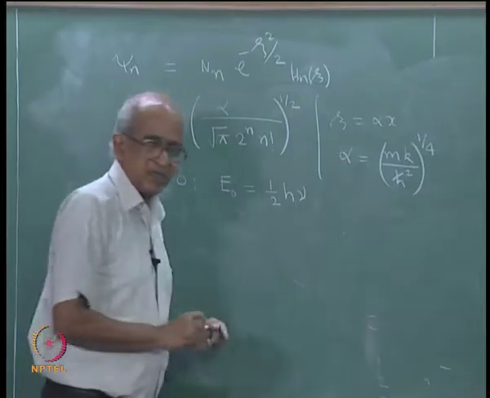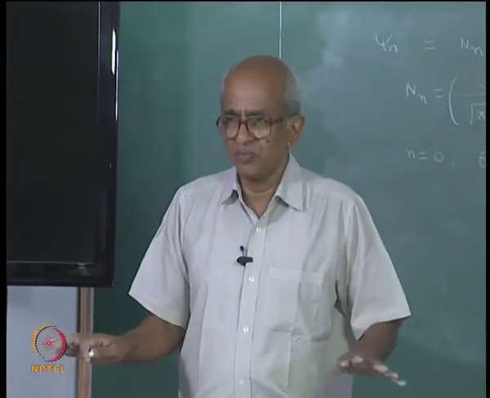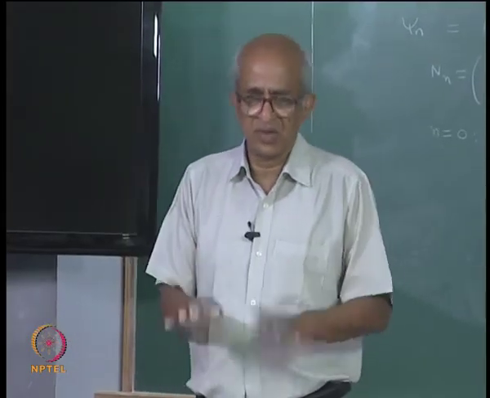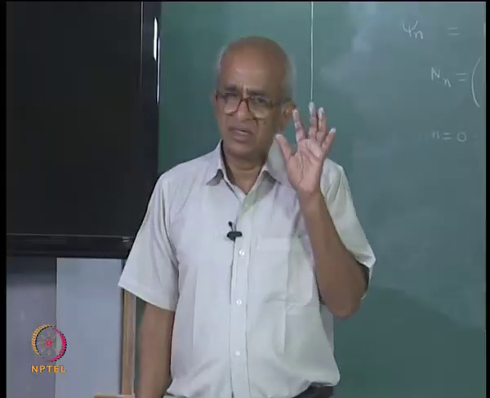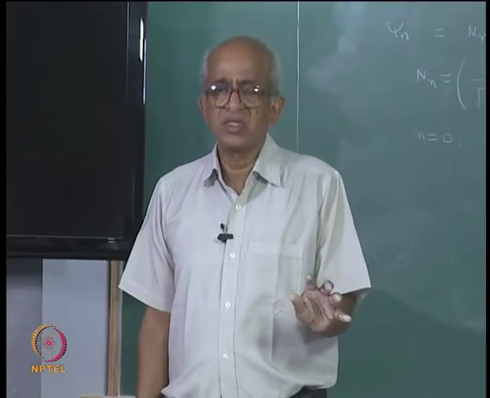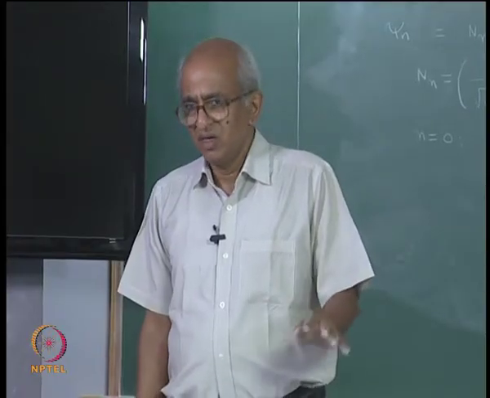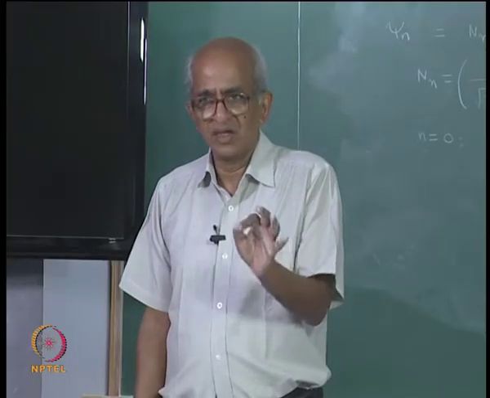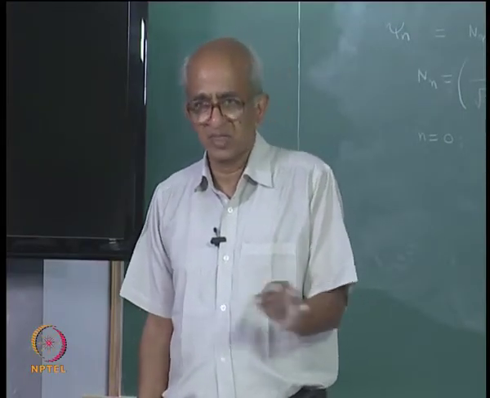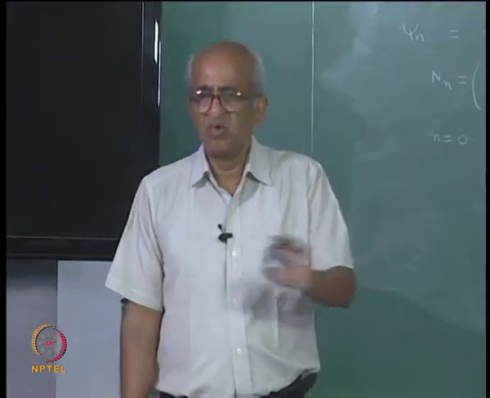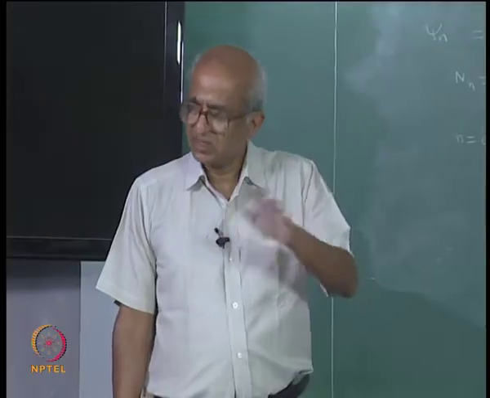Now, notice that the energy of the lowest possible state is not 0. So, the system has what we refer to as a zero point energy. As I said, in the case of the particle in a one dimensional box, this is nothing but a consequence of the uncertainty principle, because the particle simply cannot be sitting at rest. It is not possible, because that will violate the uncertainty principle. So, it has to move, and if it moves, it has kinetic energy, and therefore, the energy cannot be 0.